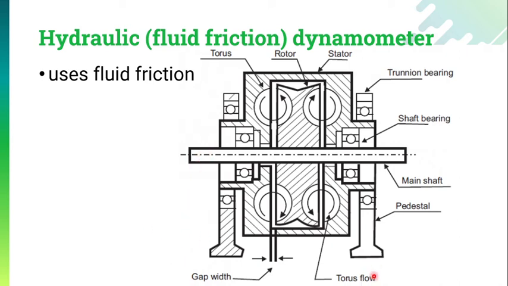Secondly, you can see that there are some pedestals available, so we can provide support to the stator. The stator will also obtain extra support from the pedestals. Over here, this particular bearing is an anti-frictional bearing. So this bearing will allow the stator to move freely. So the stator will move freely.